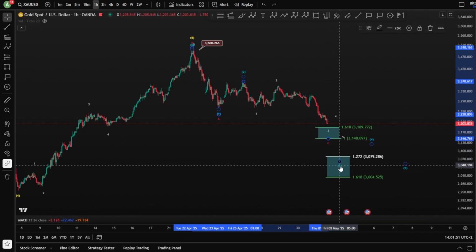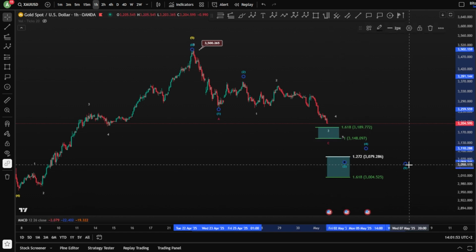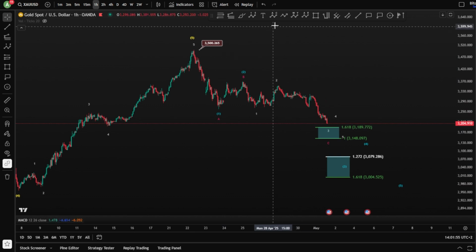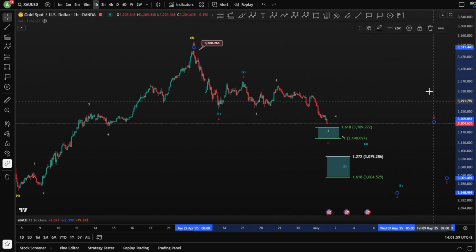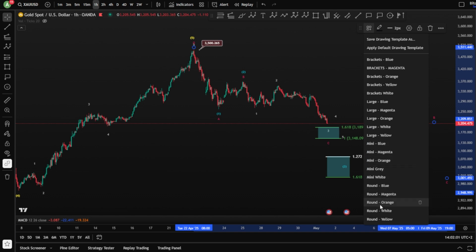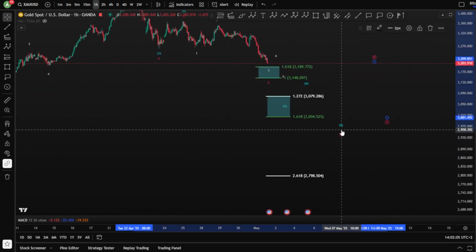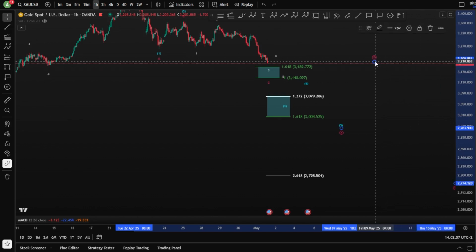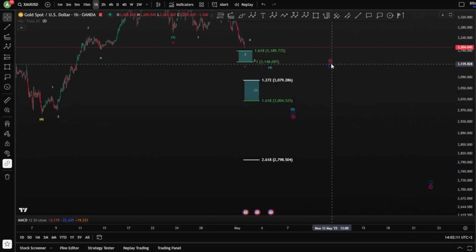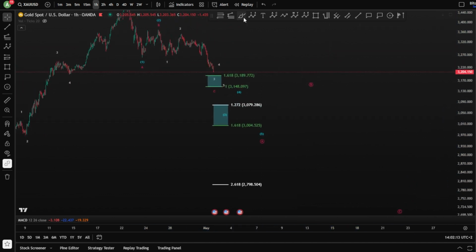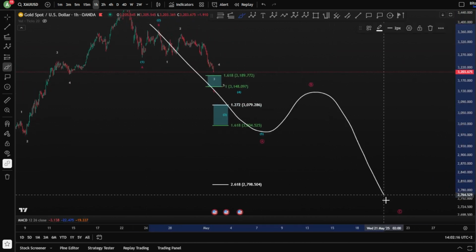This is for wave C, this is for the blue wave 3, then for a wave 5, and to finish a main wave A, B, and a C here, which is your main bearish scenario as a corrective wave towards the 2,500, somehow like that, guys. So A, B, and a C.